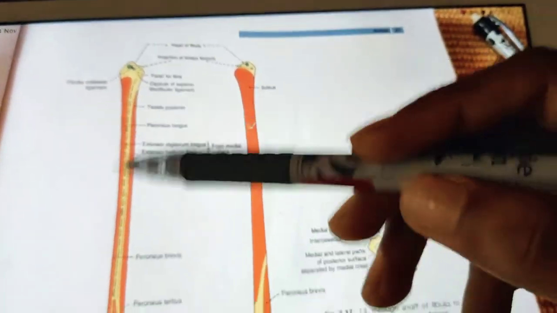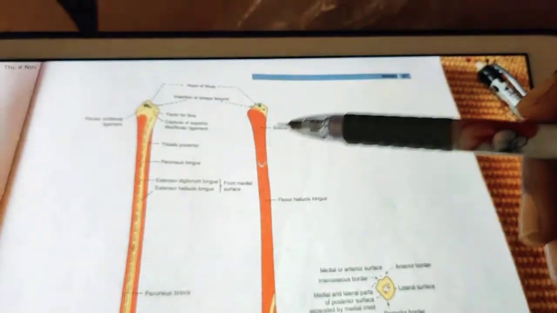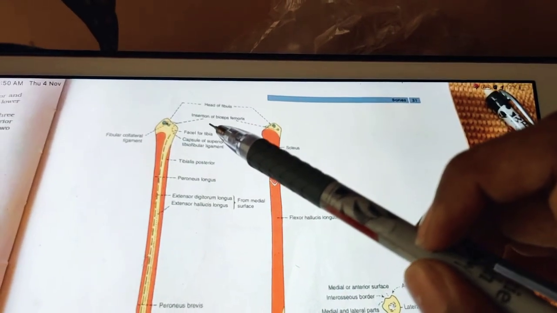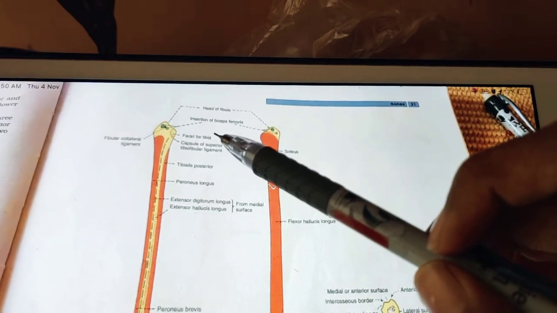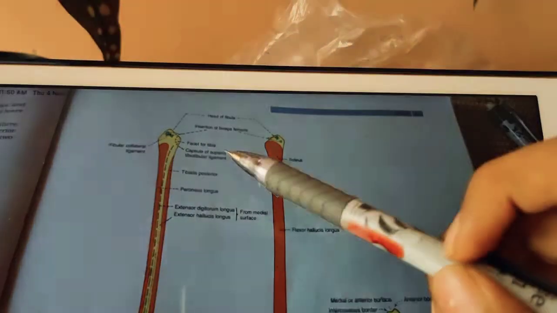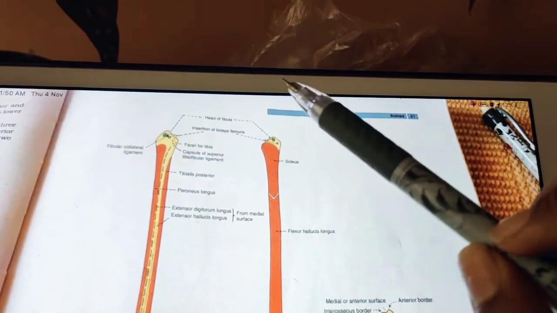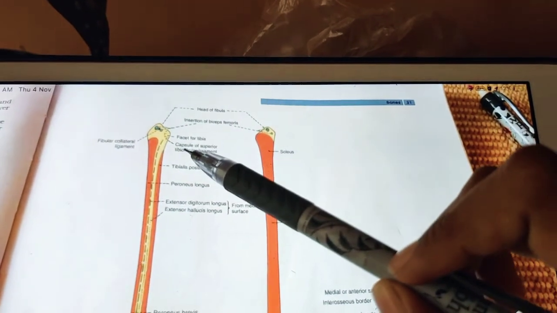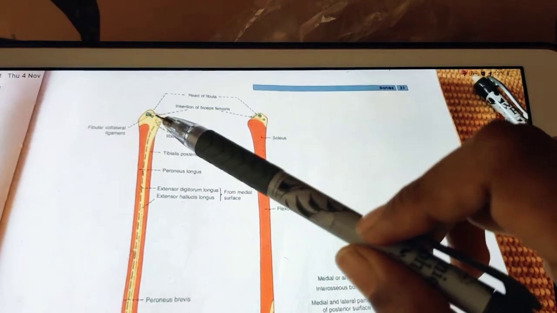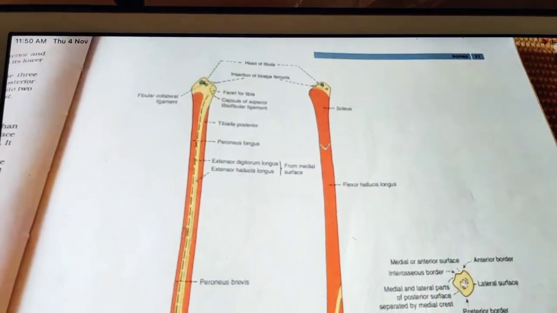So till now we have talked all about origins. Along the shaft of fibula you have all origins, whereas at the head you have the insertion of biceps femoris muscle, especially on the anterolateral slope of the apex. This insertion is C-shaped. The fibular collateral ligament of the knee joint is attached to the C-shaped area. Here at the C-shaped area there is the capsule, you can see the superior tibiofibular ligament, so it forms the superior tibiofibular joint.